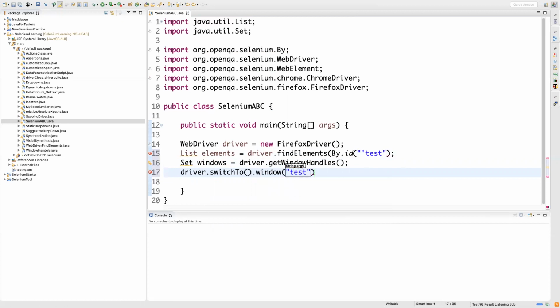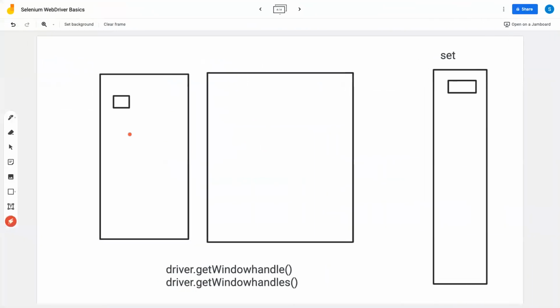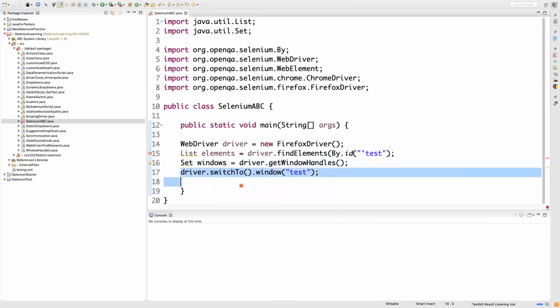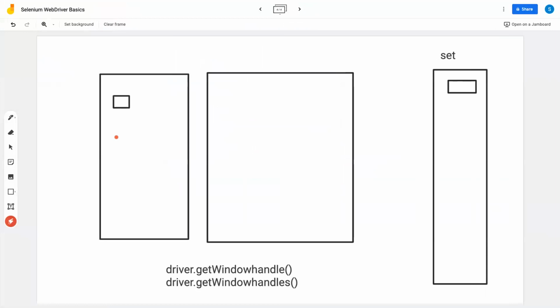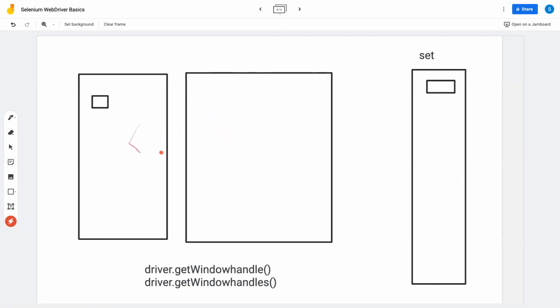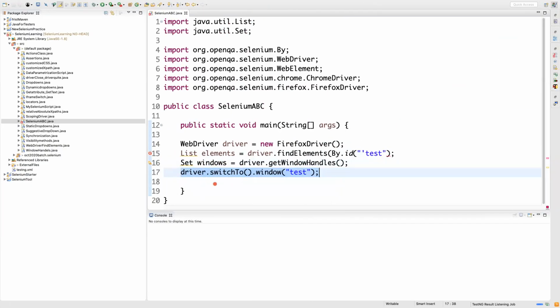So in this example, when I use this method, the driver will switch from this to this. Now it has started listening to all the elements on the next page. And once you are done with this job, you have to switch it back to the parent. This is how we switch between windows.